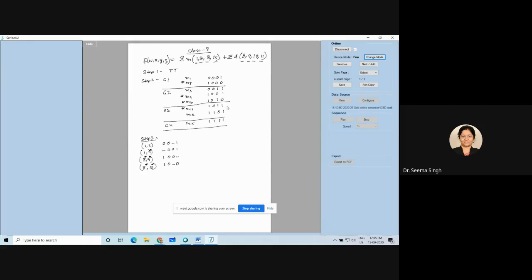So next I will do M3 to M11. So when I do M3 to M11, in that 3 is a normal term, but 11 is a don't care. So 3 and 11 is written as dash 0, 1, 1, right? So 3 and 11 is done. Next I should do 3 and 13, not possible. Next I should do M9 to M11 and M13. So I can see that M9 is possible with M11 as well as M13.